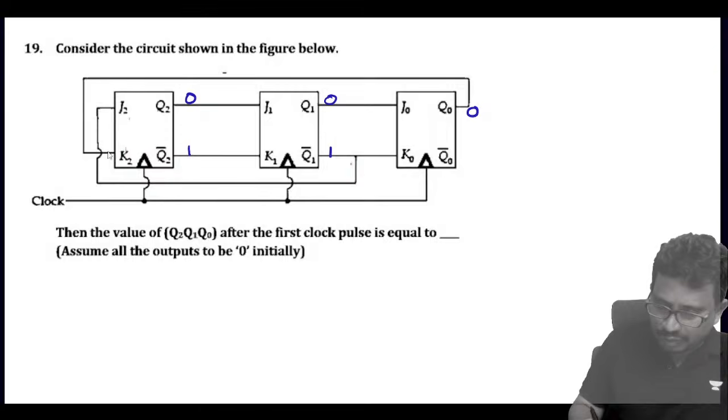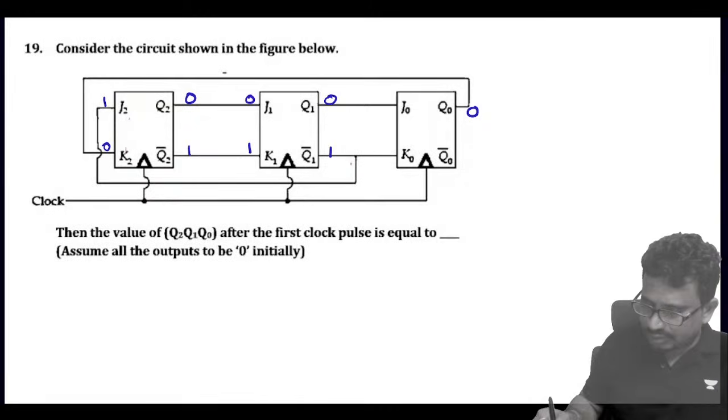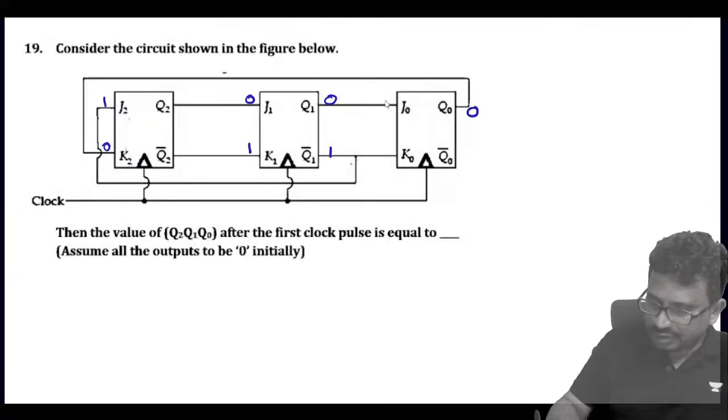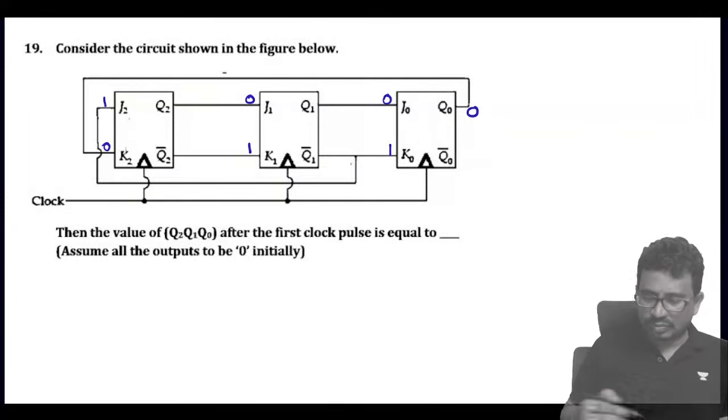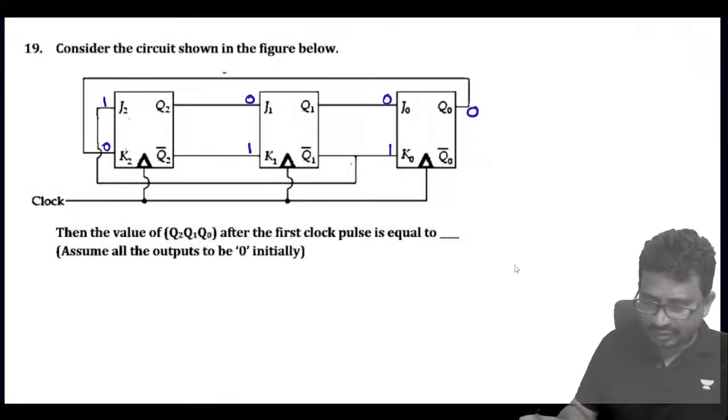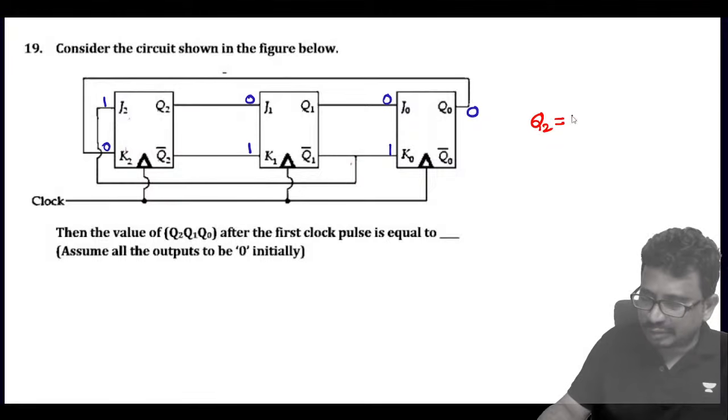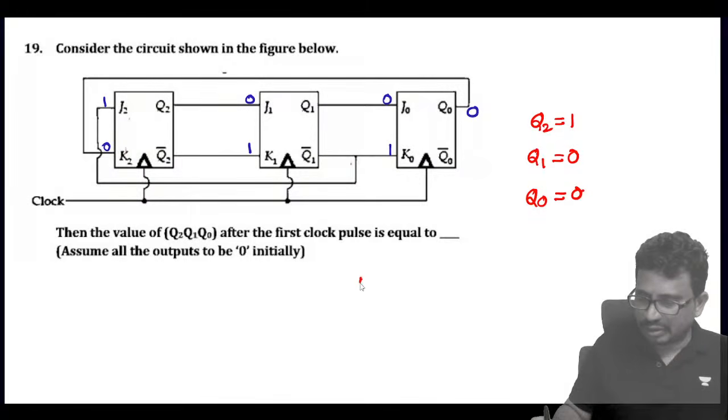This value will go to here. This value will come here. So this is 0, this is 1. Next, after one clock pulse, what happens? We have given 1 0, that is this value. Q2 value will come as 1. 0 1, so that is reset. Q1 value 0. So this is Q0 value reset. So this is 0. So 1 0 0 will come.